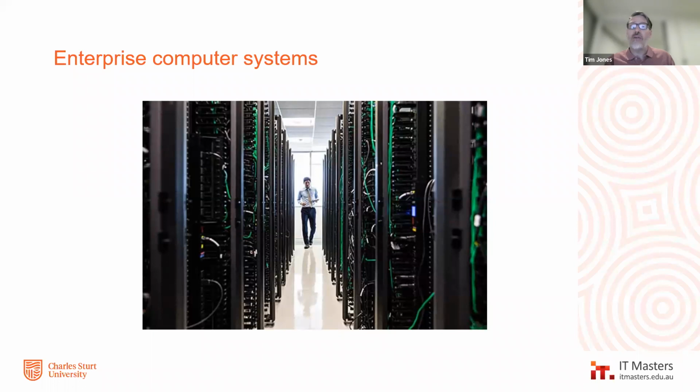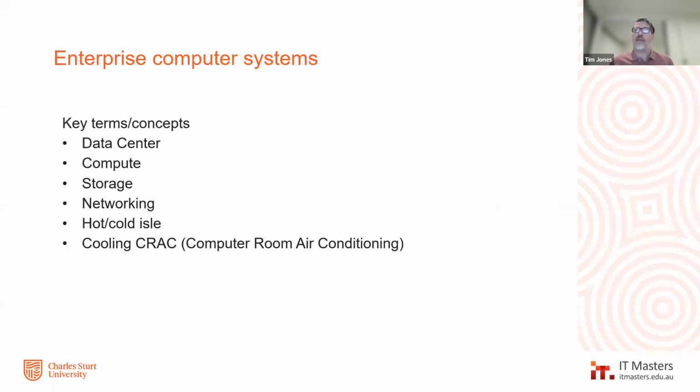They would suck air in from the front of the computer and pull it over all of their hot innards, because if the computers are being used a lot, they generate a lot of heat, and blow the hot air into the center aisle that we can see here, where this person's about to walk down. What this means is that we can capture all of that hot air and vent it out, and we can blow cold air directly onto the front of the systems. So when we're looking at computers in a data center, we have the idea of hot and cold aisle within the environment.